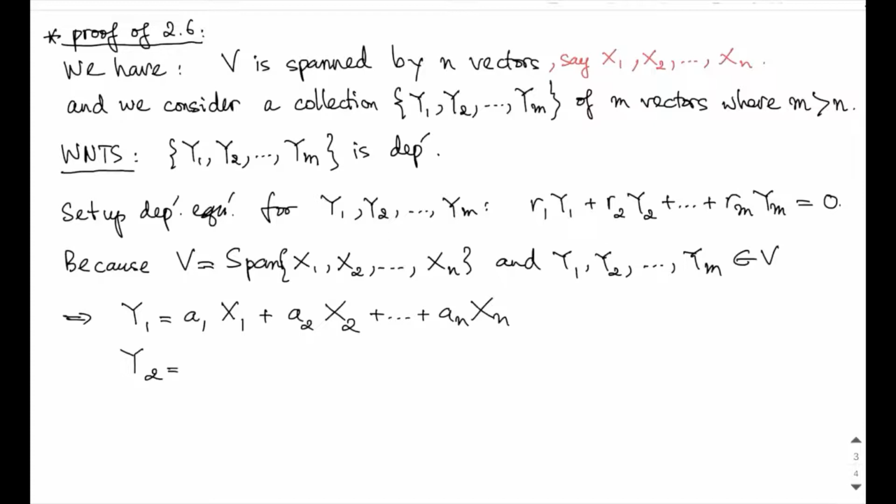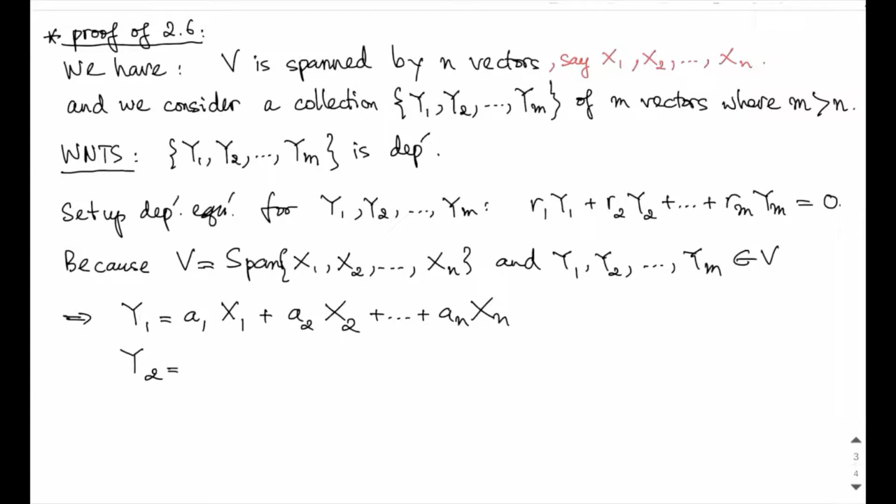But how many letters do we have? At most 26, right? That means that if m is beyond 26, say it can well be 100 vectors, then you will run short of notations to denote the coefficients. And so the trick is that we are going to use the same notation a, but we will index them